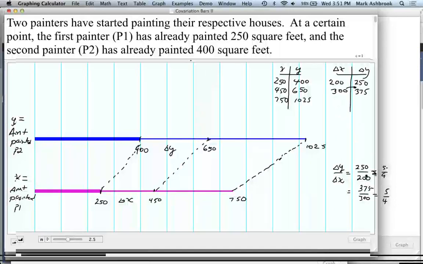Okay. So this number 5/4, you can also say 1.25. I want you to come up with as many interpretations of that number as you can. What does that number mean, 1.25? So let's talk about it first. How many different interpretations can you come up with? So it's 100% plus 25%. For every change in x, you have 1.25 for that change of y.